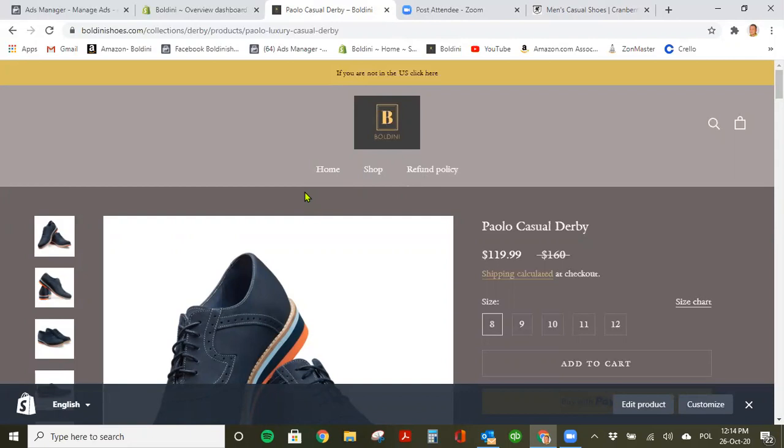And then "if you're not in the US, click here." I would just remove that altogether, because if you're running a US campaign, it's very unlikely. Oh, yeah, that's true. Sometimes we have visitors from other countries, but on the checkout they see the option. They don't have the option to choose another country. That's why, maybe. Yeah, so there might be a Shopify app for that,